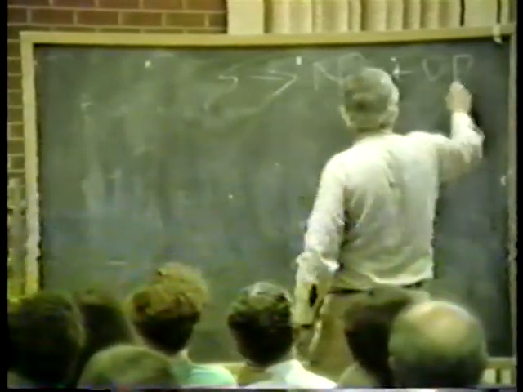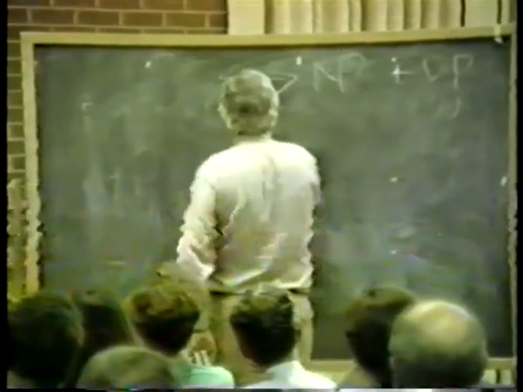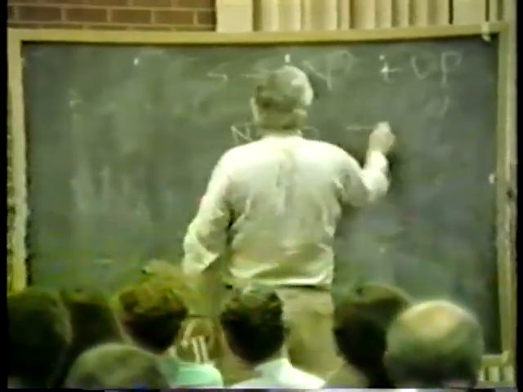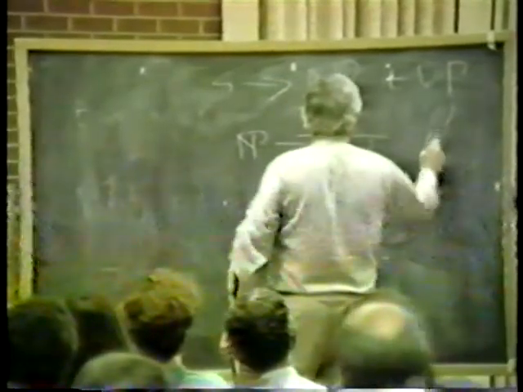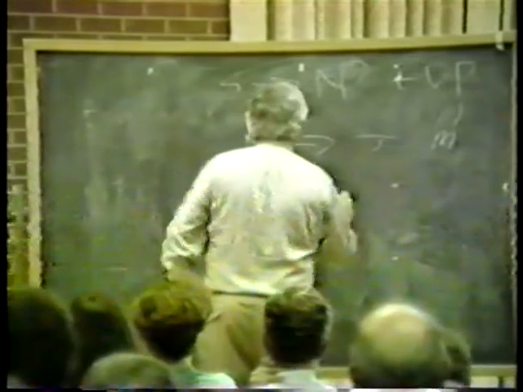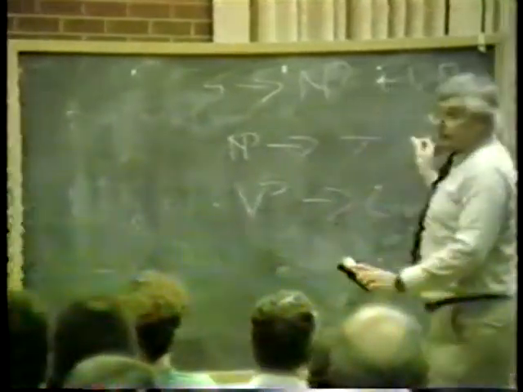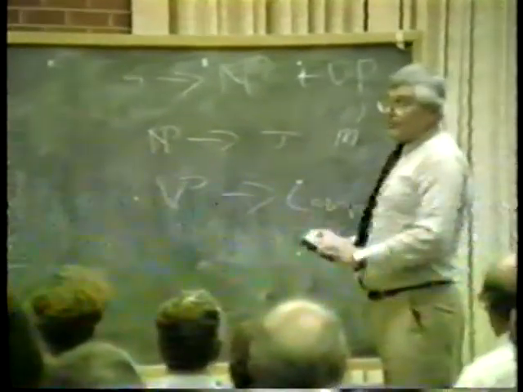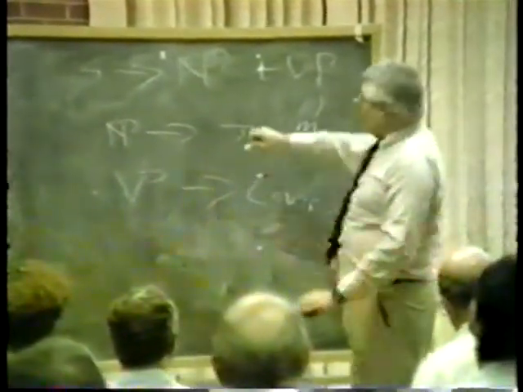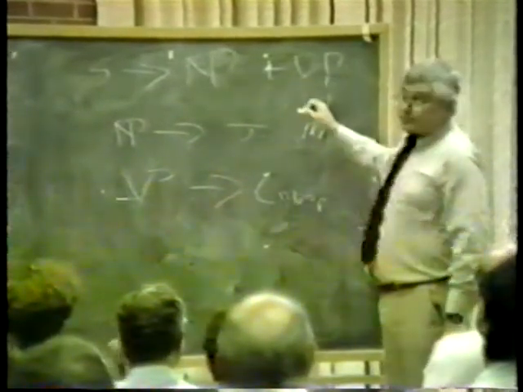And noun phrases can be either John or Mary, and verb phrases can be loves. Okay, suppose that's what the syntax of English looks like. Then, with that much apparatus, you've said that both the expression "John loves Mary" and the expression